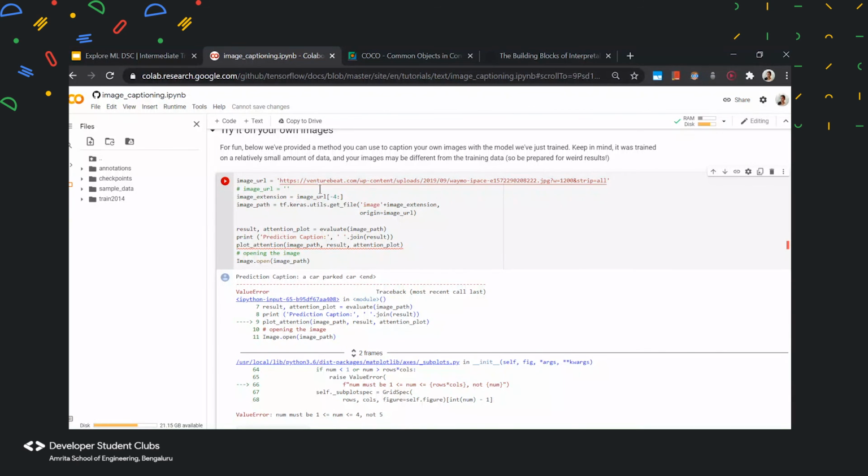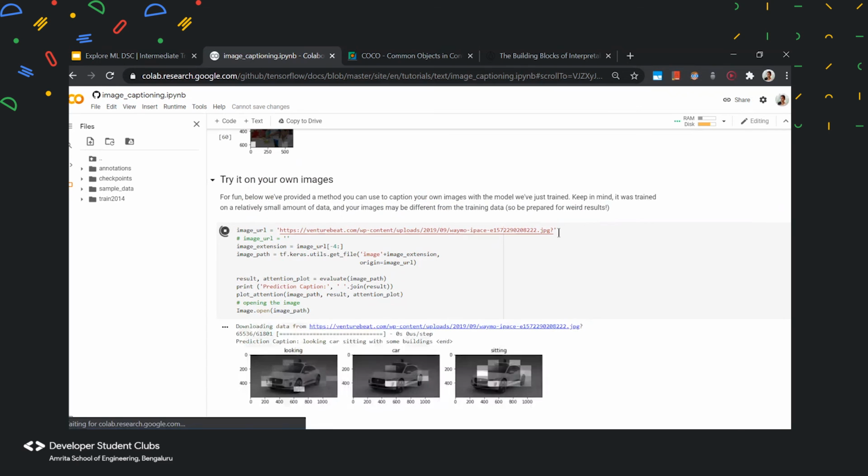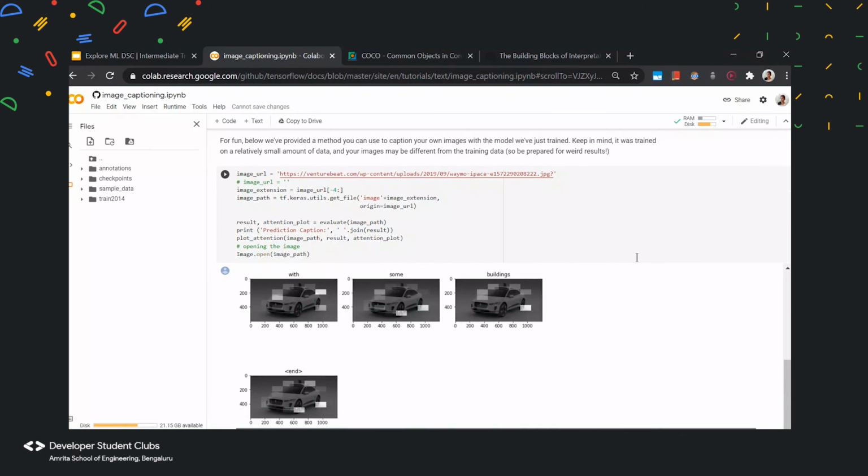Can you remove from the question mark to the other end? Can you keep the JPEG in the end, from the question mark to all? Can you remove that part? It will work. No, remove the question mark also. So yeah, it worked. And the image URL should be minus 5. Oh, it worked without that. Okay.